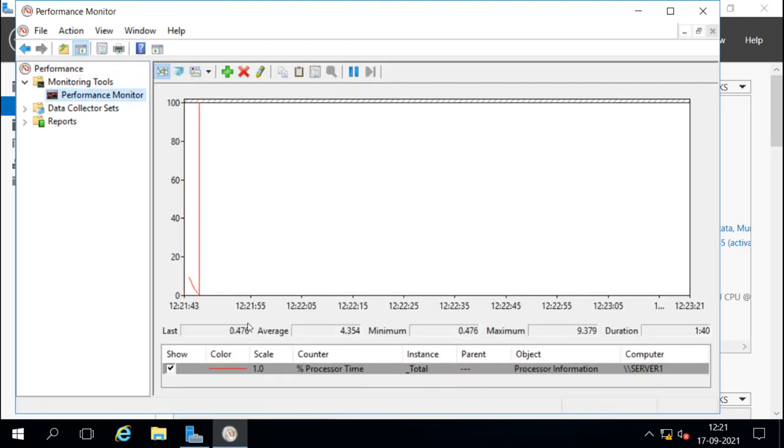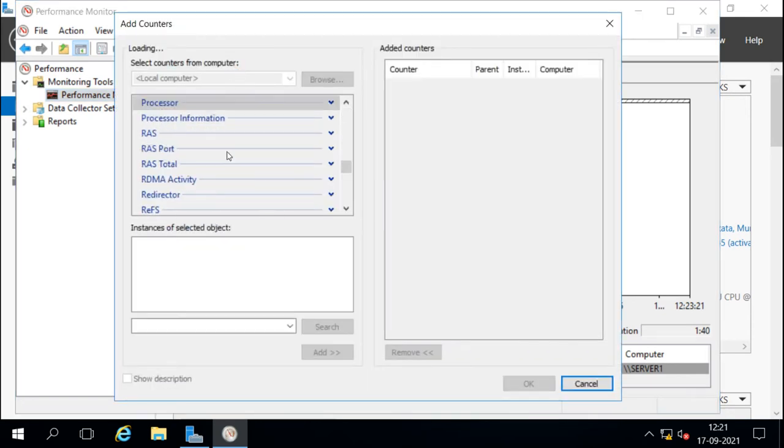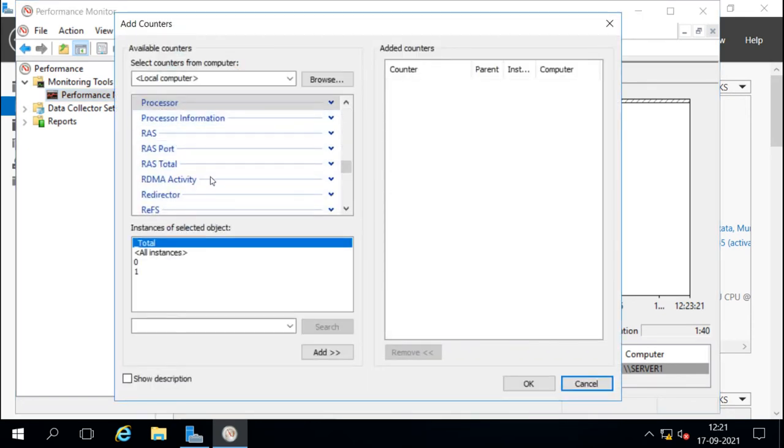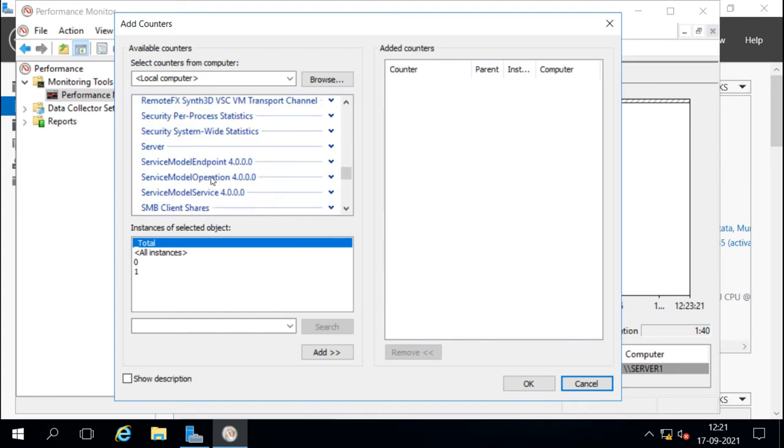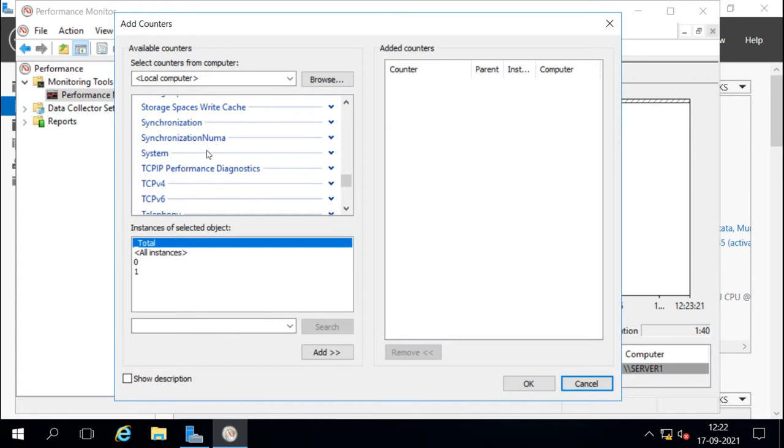Right now it is only monitoring the processor time, so we can add more information here. We can click Add, and we can add multiple counters here, like those related to Active Directory, security, and so on. These are the counters.